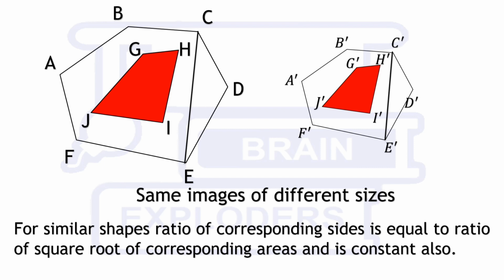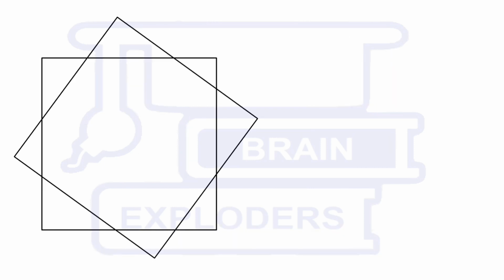Okay, now suppose we have two squares kept one over another, due to which these four triangles are shown here, in which these four squares are inscribed. Let heights of these triangles be h1, h2, h3 and h4 respectively. And you can easily prove that all the triangles are similar to each other. Therefore, we can apply our concept to these triangles.